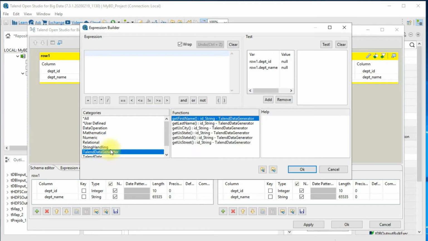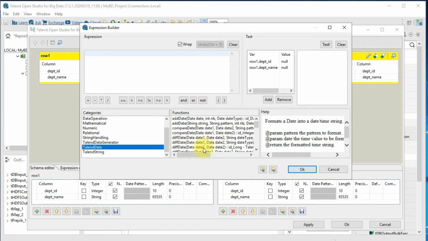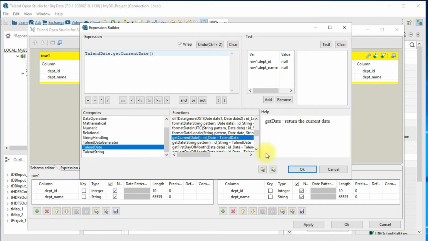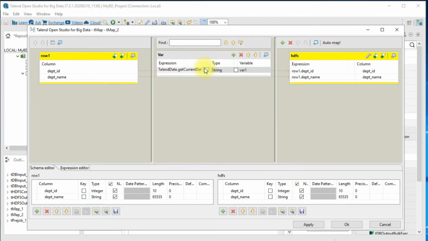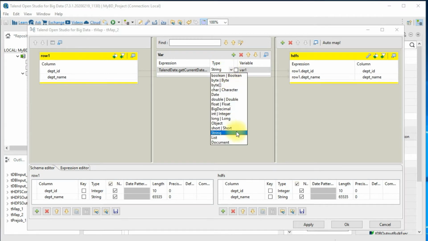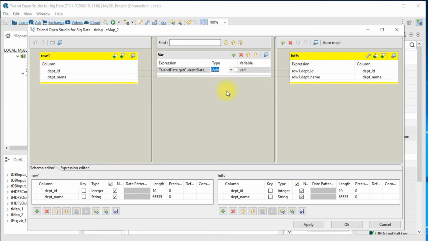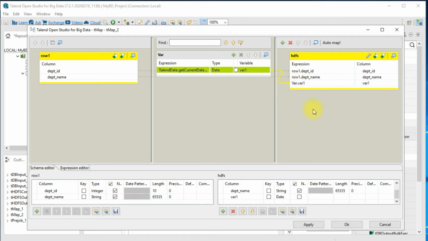So let's go ahead and use a Talend date function. I will choose get current date, right? So we'll generate the date for the current time, and I'll use this as a date field, and I'll drag it to my target. On my target HDFS, I would like to see all these three columns. Two columns are coming from my source, and I have a custom column.